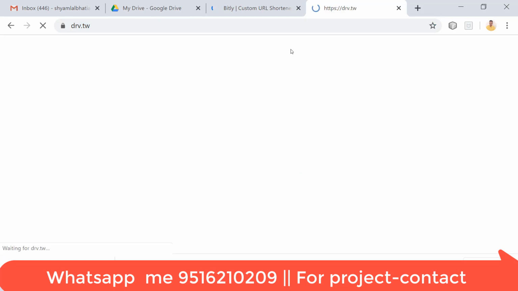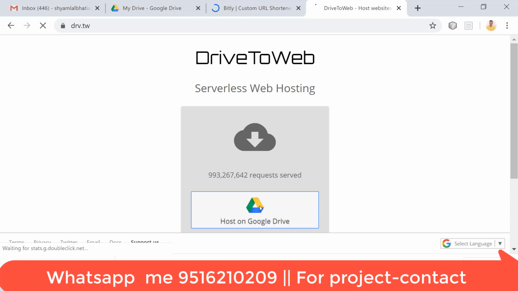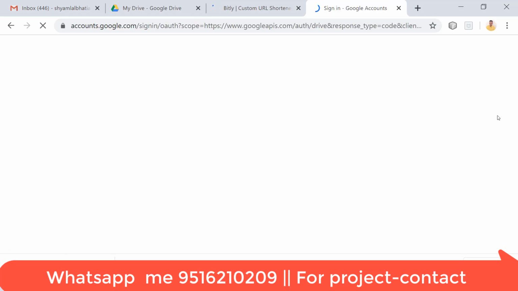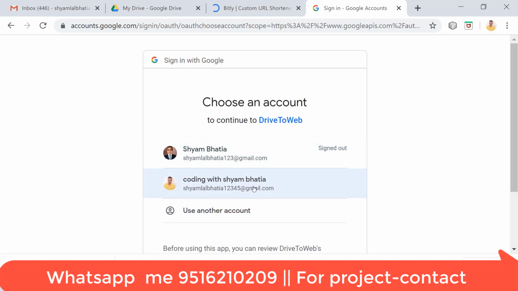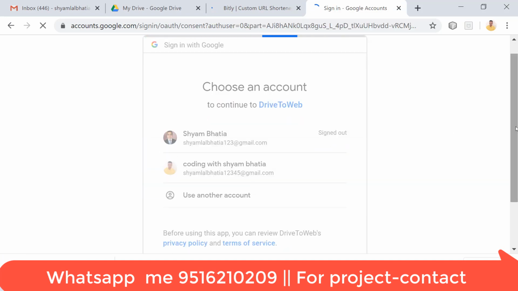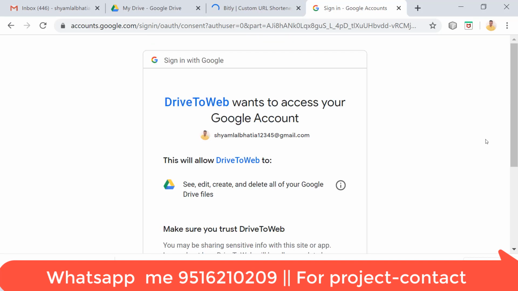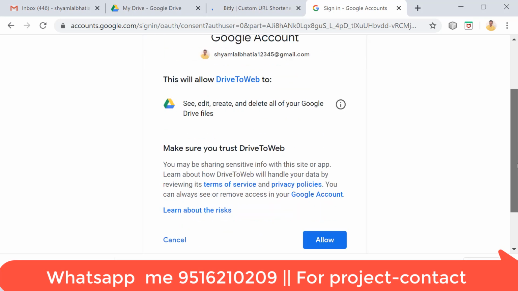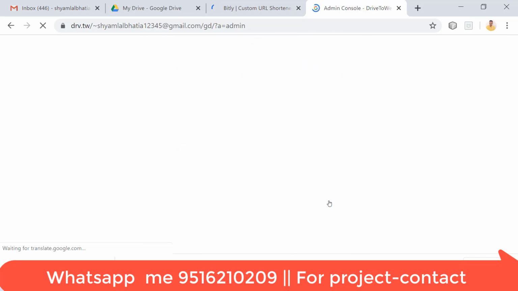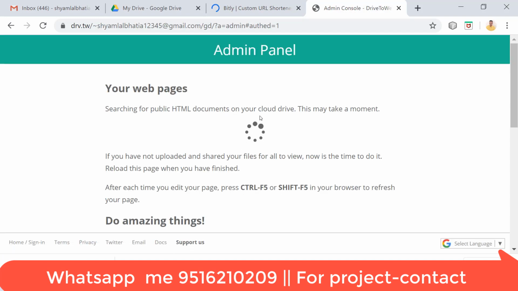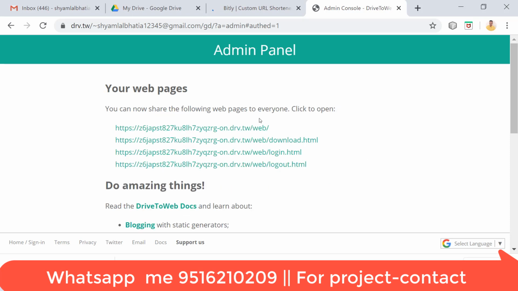Login in this. Yes, I am again giving host access to the Google Drive, and I will allow it a single time, and I will select this account. I am selecting that account. Yes, it will select it, and here it is asking to allow, and you have to allow it two times. Yes, and I am logging in. Yes, and here all files are parked, and yes, my website is completely live.